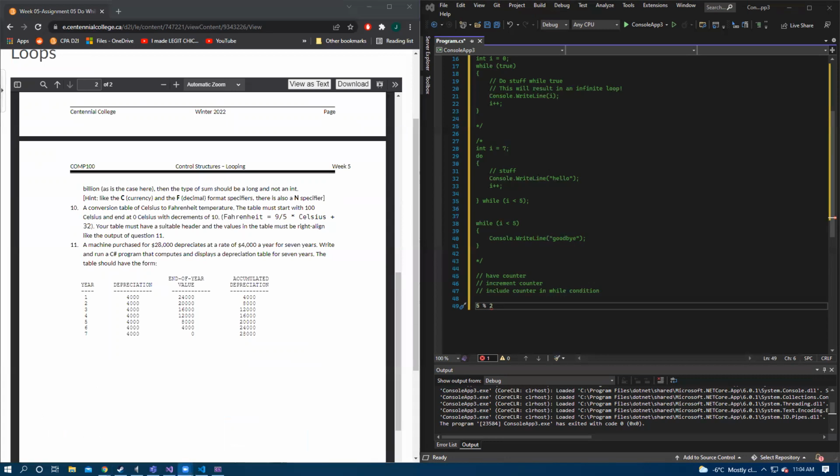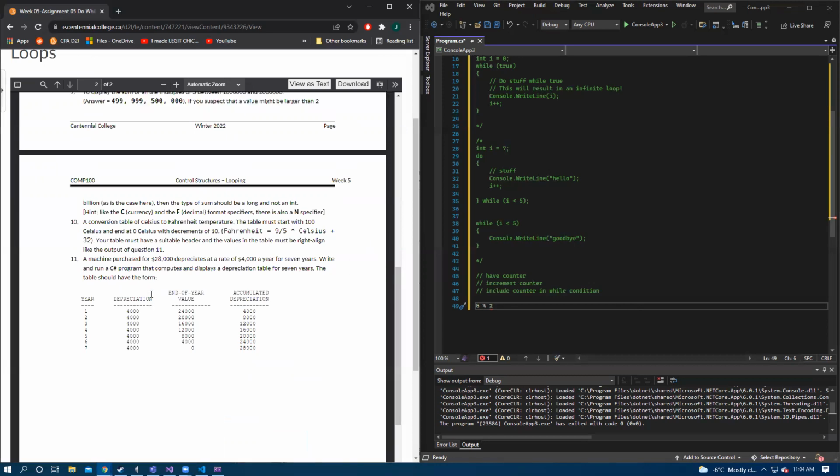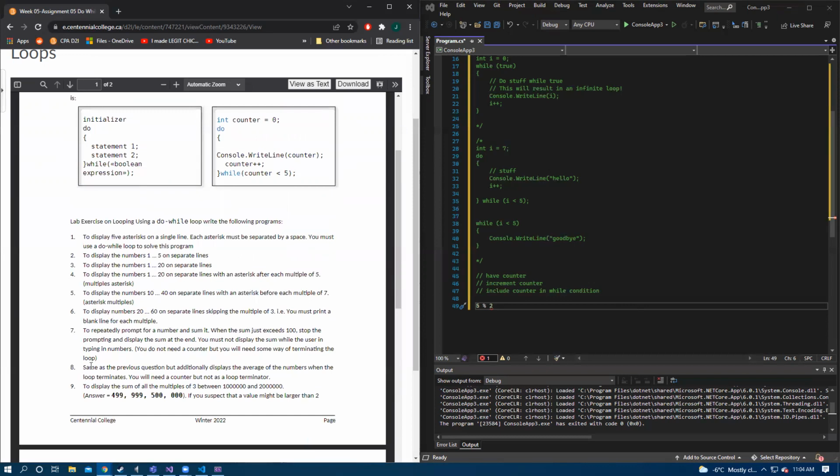Hi everyone. I wanted to ask something about number 8, the last part, where it says you will need a counter but not as a loop terminator. What does that mean? Oh, yes.